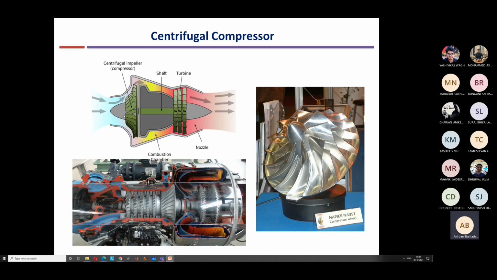But still, solely axial compressor stages are used. Centrifugal compressors are not used because the centrifugal compressor has a large frontal area which obstructs the flow as compared to the inlet size. As a result, it has very large drag, and that is very bad for fuel economy and aircraft efficiency. So in general, all modern aircraft use axial compressors, but we still use centrifugal compressors for historical reasons.